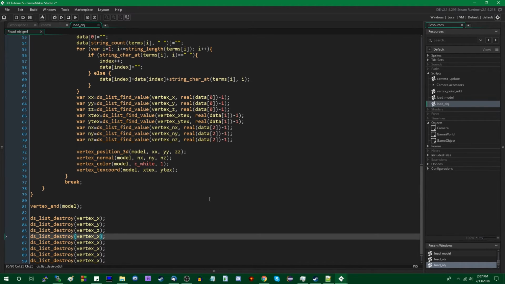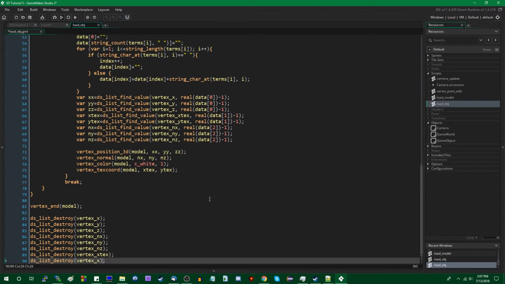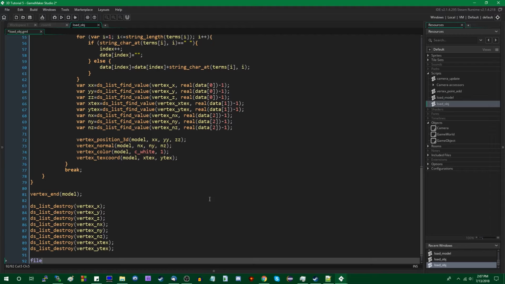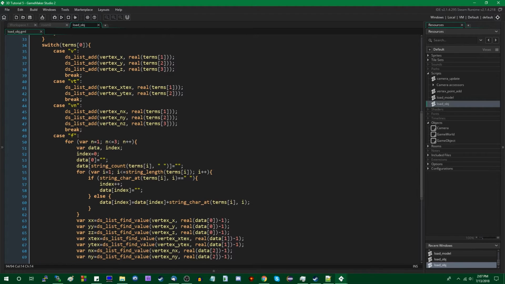Let me just do this. Y text, there we go. We can close the file, file_text_close, obj file, and return the model. And we are done here.